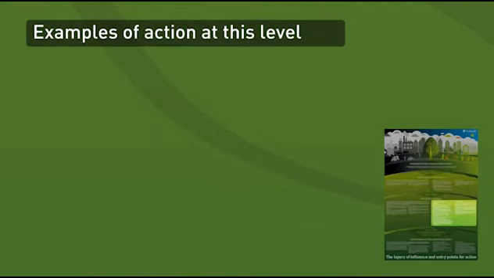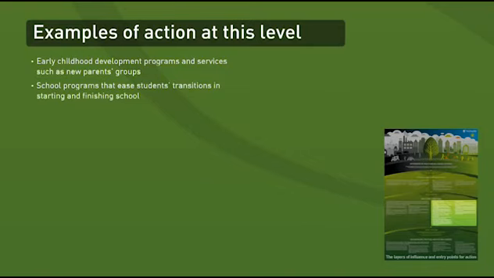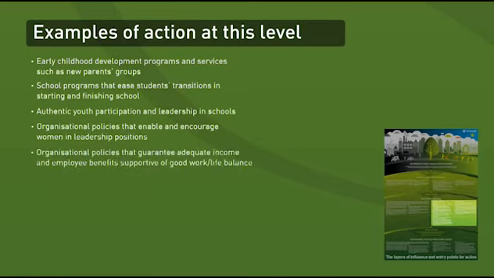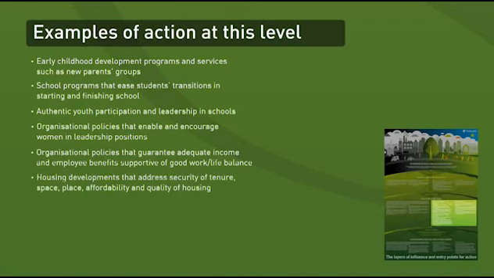Working to address the next layer, or daily living conditions, could include early childhood development programs and services, such as new parents groups, school programs that ease students' transitions in starting and finishing school, authentic youth participation and leadership in schools, organisational policies that enable and encourage women in leadership positions, organisational policies that guarantee adequate income and employee benefits supportive of good work-life balance, housing developments that address security of tenure, space, place, affordability and quality of housing,